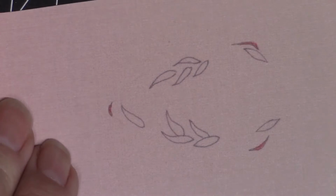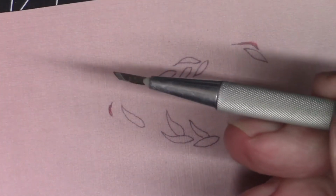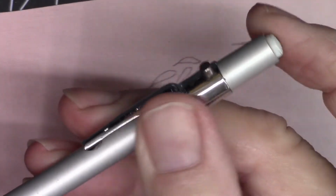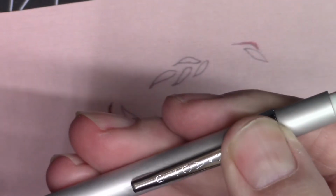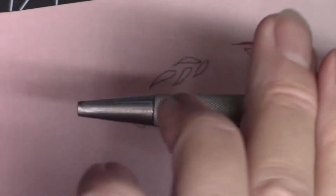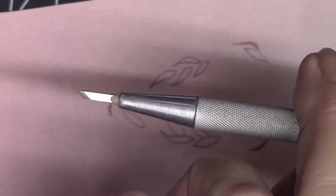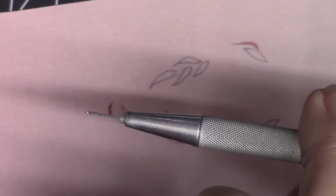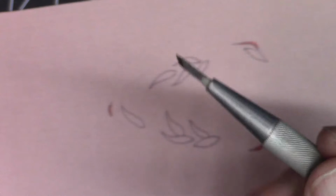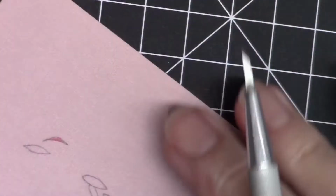Okay, so I have here my favorite X-Acto knife. This is a tiny little thing. It's like a pen. This moves the blade up out of the piece, and then when you press the button on the top, your blade becomes available to you. Anyway, I really like these. They're easy to hold. It's like using a pen. All right,